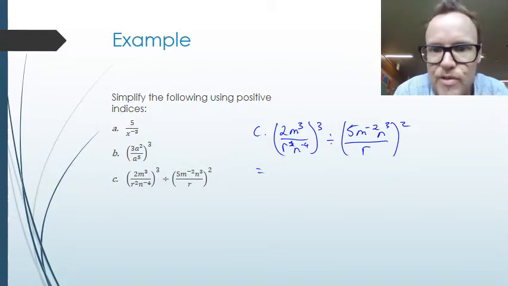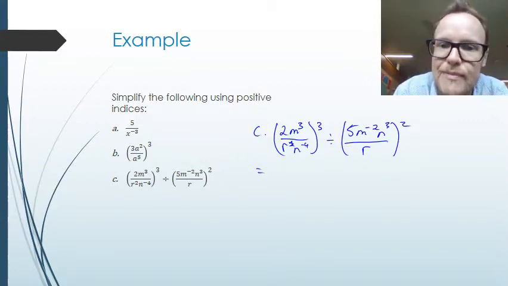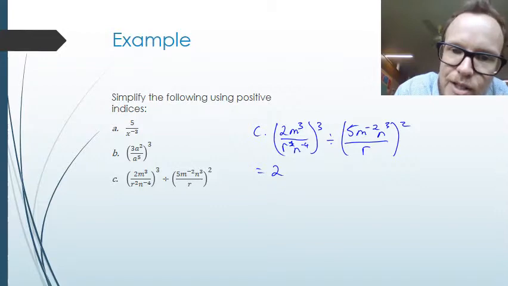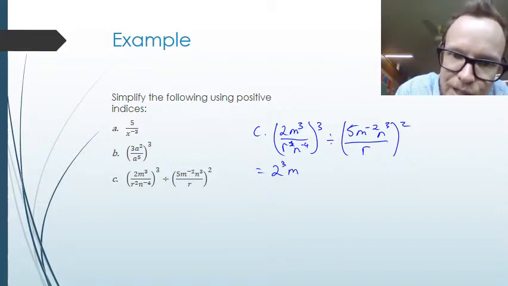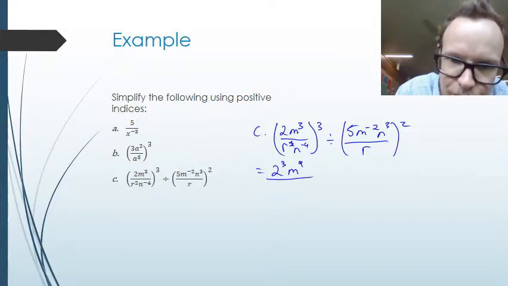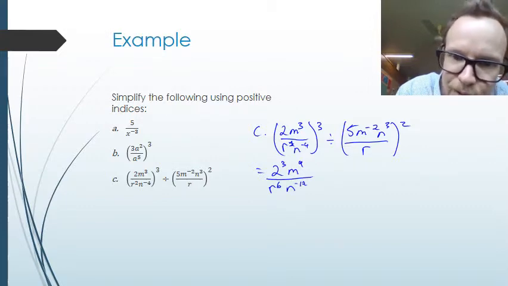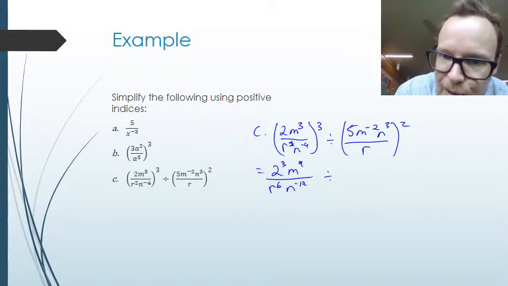I'm going to distribute the cube and square to what's in the brackets first. 2 cubed, m to the 3 times 3 is 9, over r squared times 3, which is r to the 6, n to the negative 4 is n to the negative 12, multiplying by 3. We do the divide by,